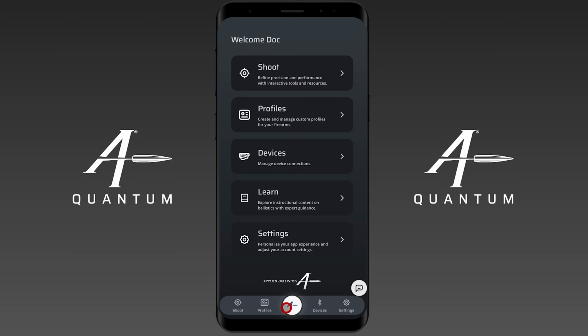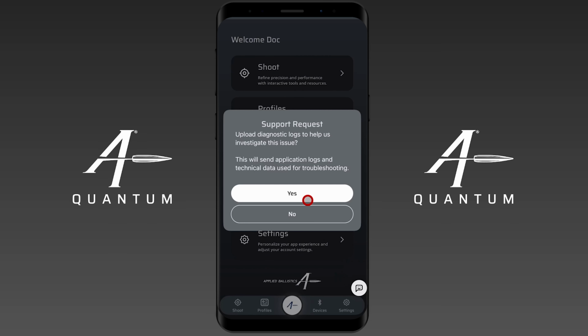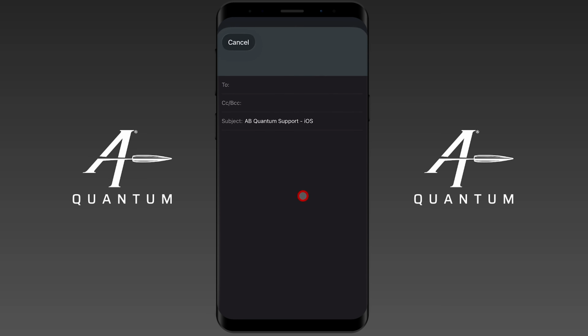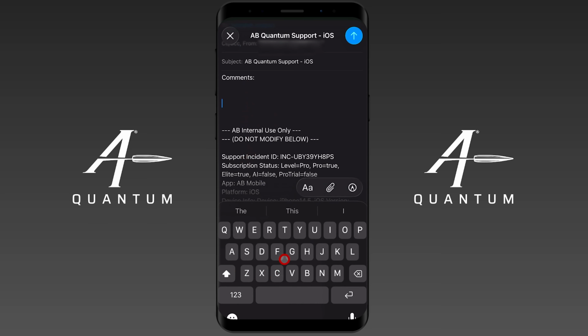So from the navigation bar here at the bottom, if you simply tap the center icon and hit support and then hit yes, it's going to send us a support ticket. Please make sure that you tap here and you type in what is wrong